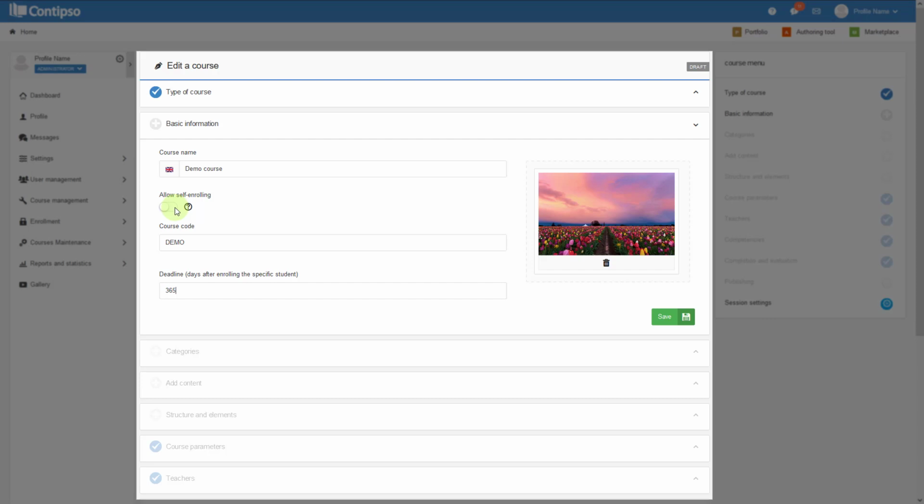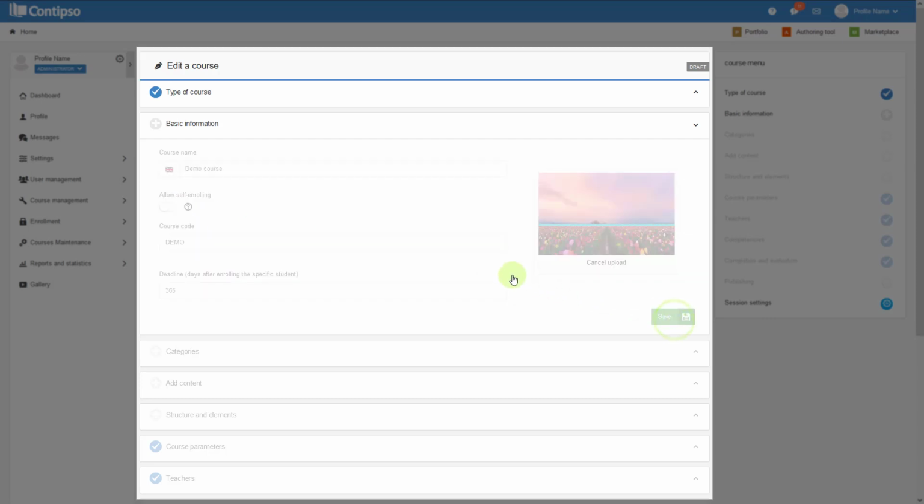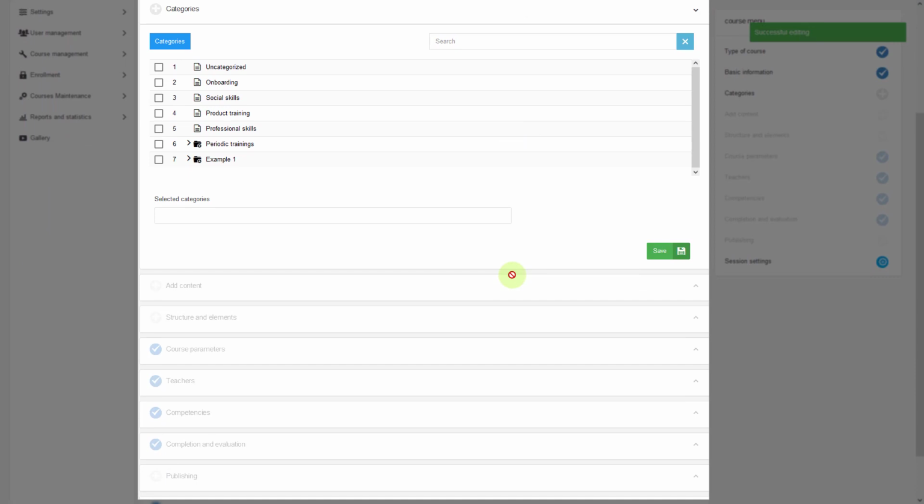But if you plan on building a course that is limited to some positions or level in your organization, it would be better to not allow that. This option is best for some general courses that anyone can access in your organization, but if they are specific, better leave that unchecked. Then we confirm our basic information and we go to the next section, which is the